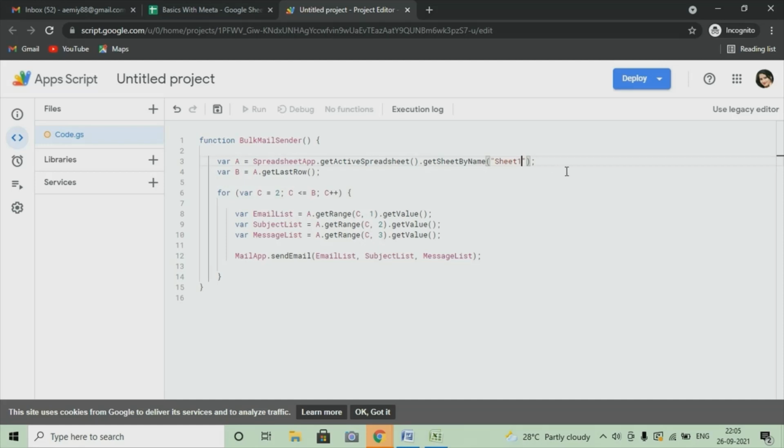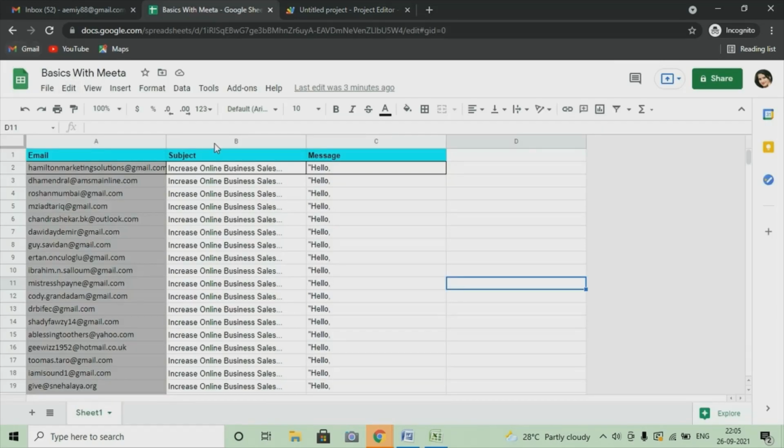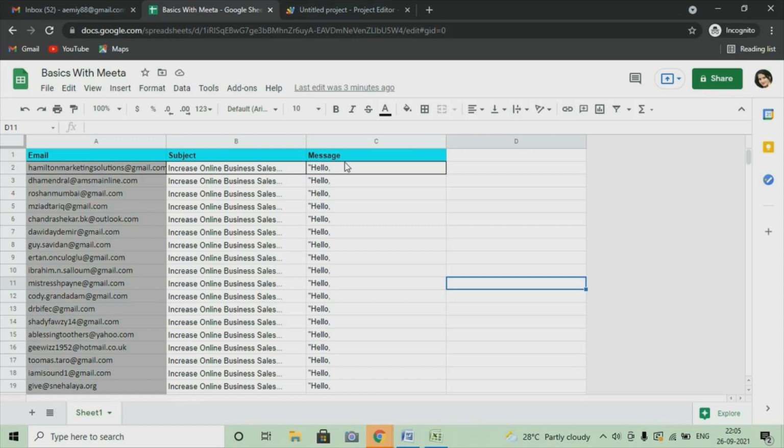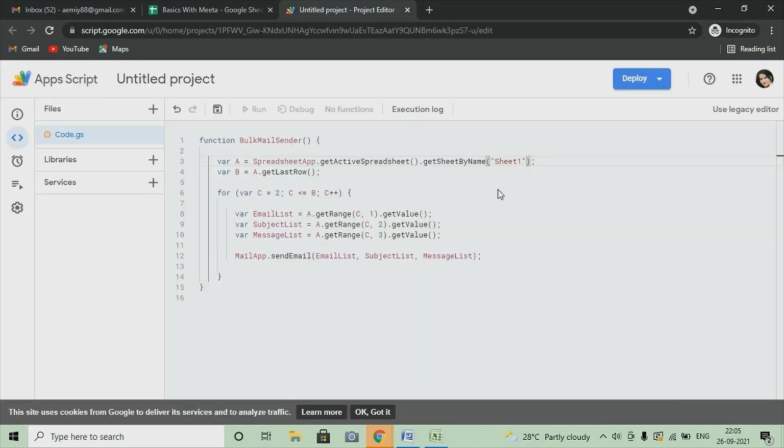It will fetch the email list, subject list, and message list of the active spreadsheet that we are having, one by one. So this is all you have to do, and after that we have to save it by clicking on the save icon.